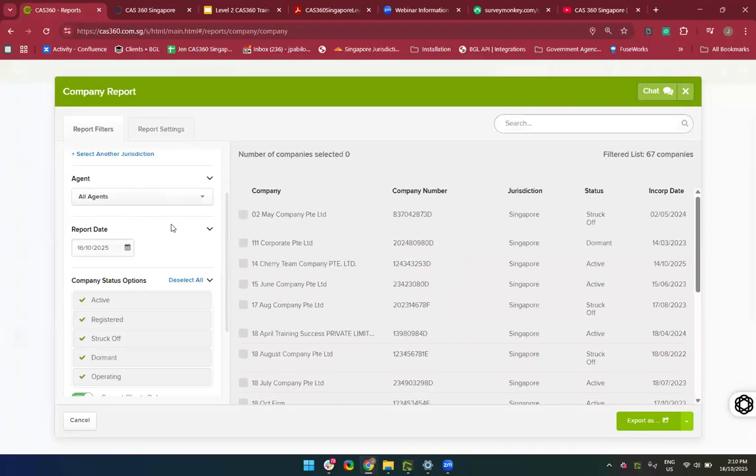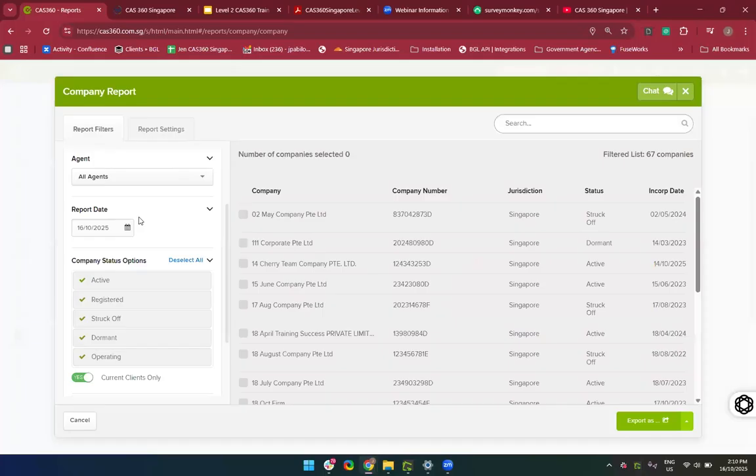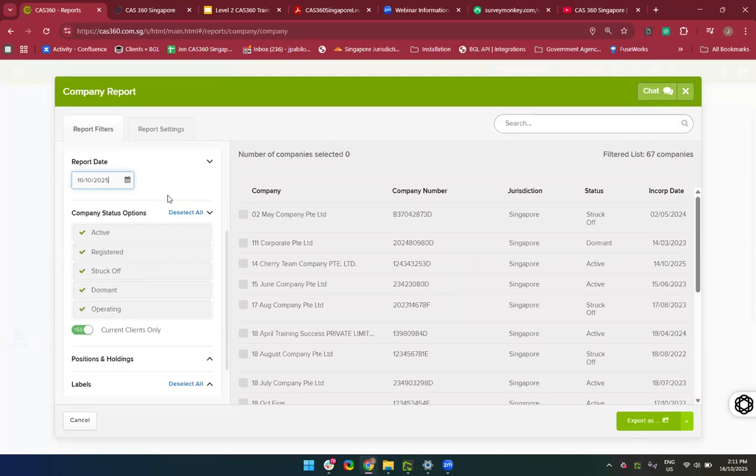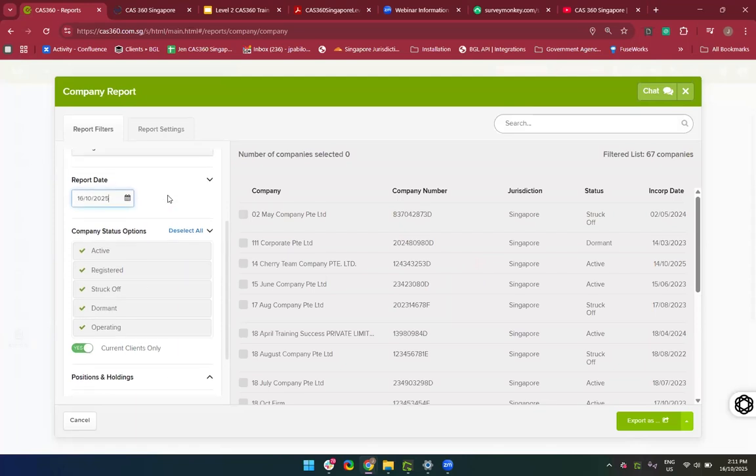Or you can also put all. So I'm just going to put it by default. You can also generate based on report dates. If there are any backdated reports that you want to generate, you can simply adjust that in. I will stick to today's report. So as of today, any changes that happen as of today will reflect on my report